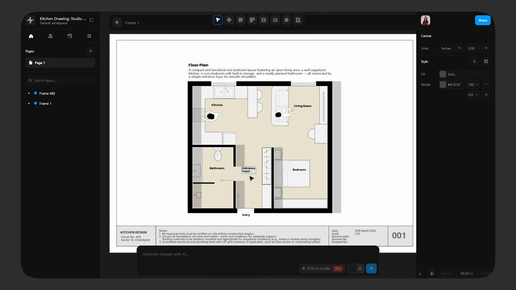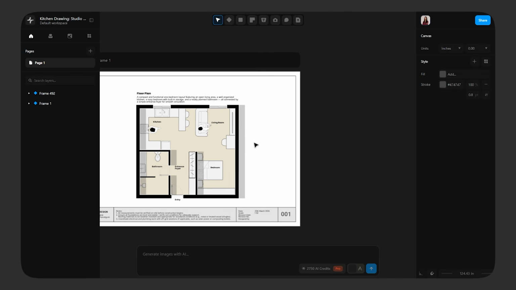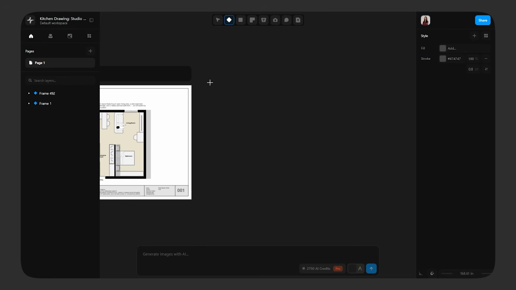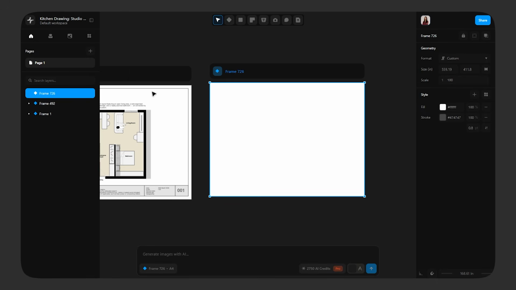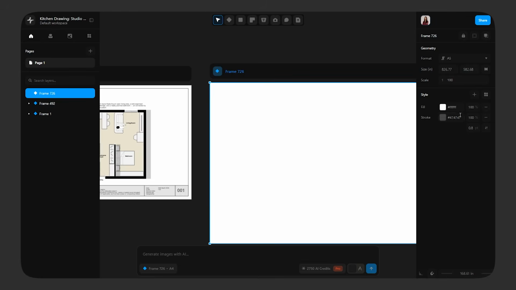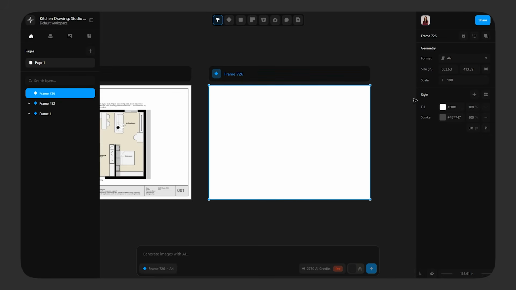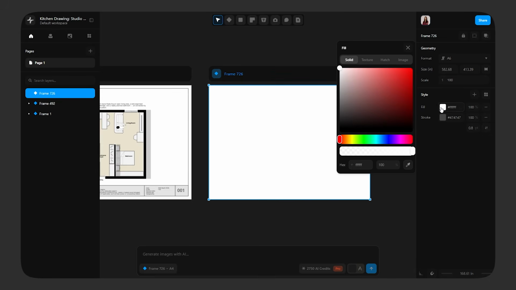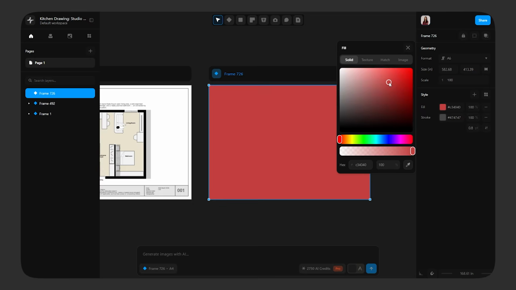Honestly, it's very easy and very convenient to create layouts here, much faster compared to traditional CAD workflows. Let me show you how. Simply go to the top toolbar and select the frame option. Create a frame like this, then select it, and from the right hand side properties, you can change the format, orientation, and scale. Now that your frame is set, you can also customize its style like the fill and stroke